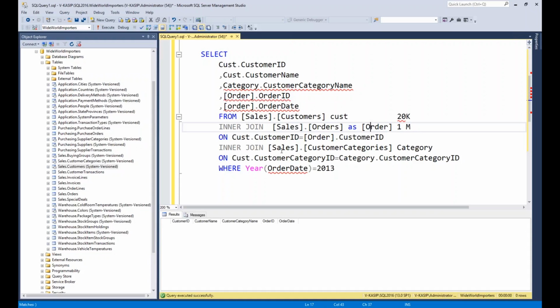So if one customer has 10 orders, it will give you 10 rows, which means the number of orders you have is the output of your results. My point here is, as you do this join, it will produce 1 million records over here. And let's take the next one, the category. If you have 5 categories, again the number of records it produces is around 1 million, and if it is a different kind of thing.